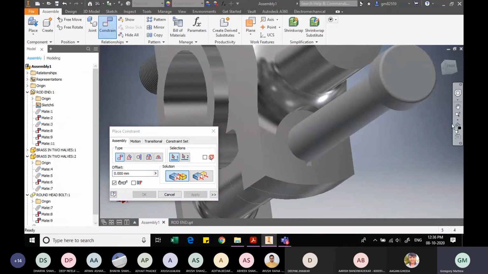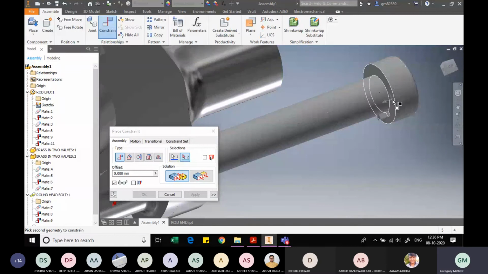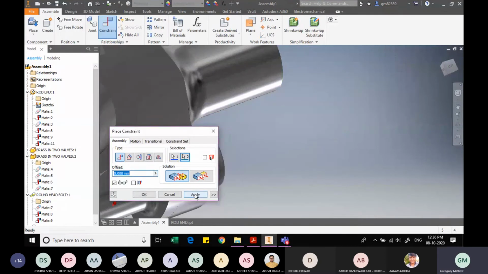This is done. Now we will constrain the faces. So let me constrain this face and the inner face of the bolt head, so that they are in contact.